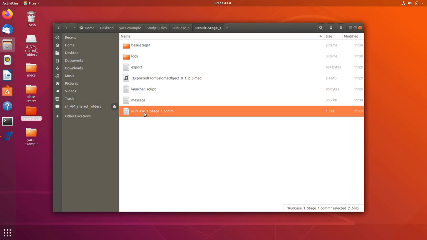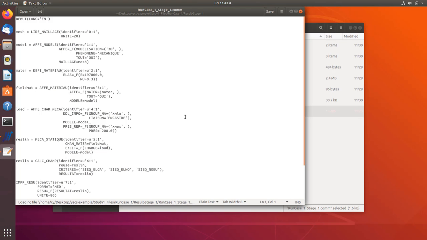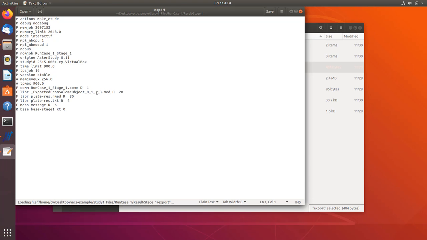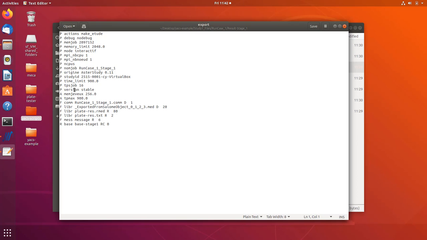But how does the com file know about the mesh and the other files? Well, it knows about it through a system of units, and basically these have to be defined in the export file. So if you look at the export file, you have a certain number of